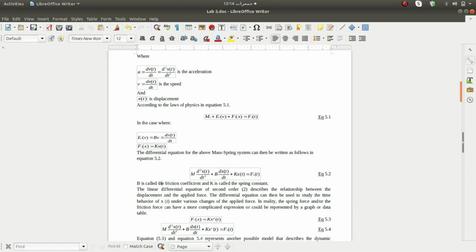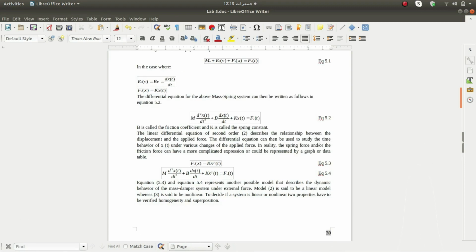And the last quantity is the spring force, which equals the spring constant multiplied by the displacement covered. So here you can see we have developed a relationship between the applied force and the displacement x of t. This equation is a linear relationship between these two quantities, but in a real scenario